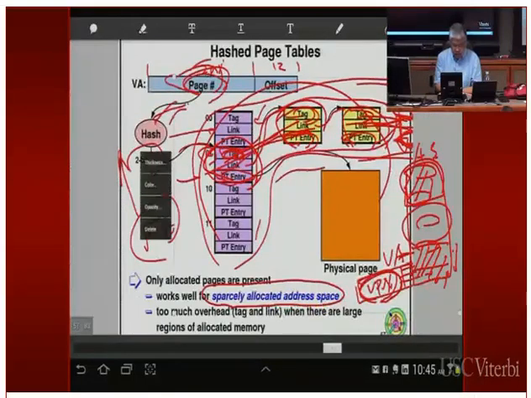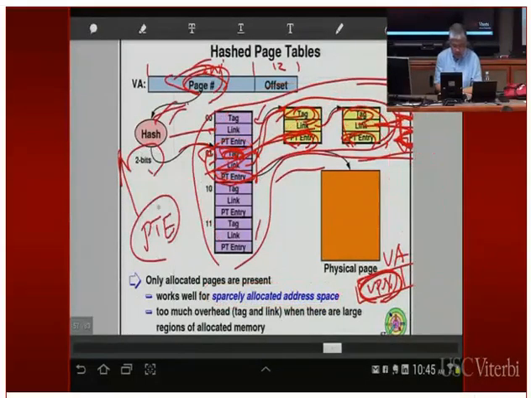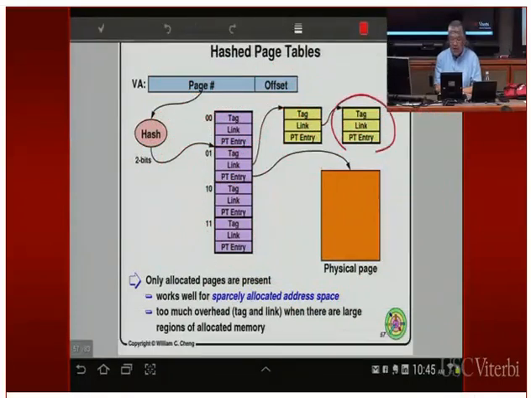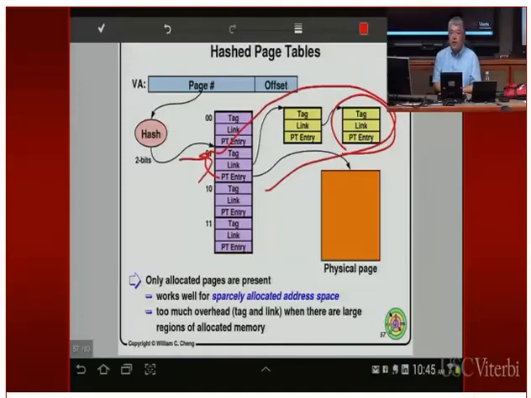Okay, every one of those entries is like this guy over here. So over here, this particular hash value has 3 data structures that are linked in a linked list. But imagine if I can put all these 3 things in parallel, so that when I search through these 3 entries, I will search them in parallel. When you can search them in parallel, then what you have is a set associative cache.